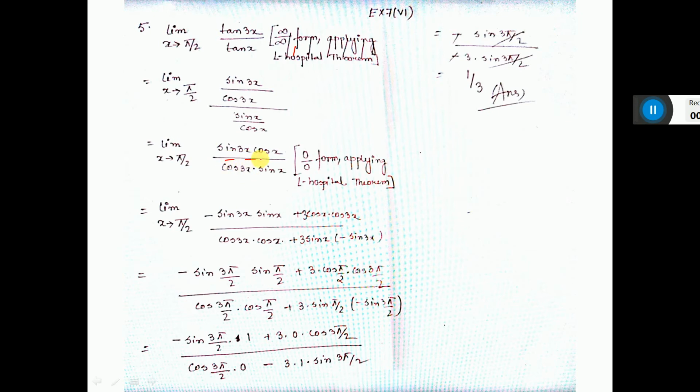That means here u into v differentiation, here u into v differentiation: u d/dx of v plus v d/dx of u. Sin 3x differentiation is cos 3x, and 3x differentiation is 3, that comes in front. Here also u into v differentiation. Then here you put the value, see, x value pi by 2, you put there in place of x and calculate the value.